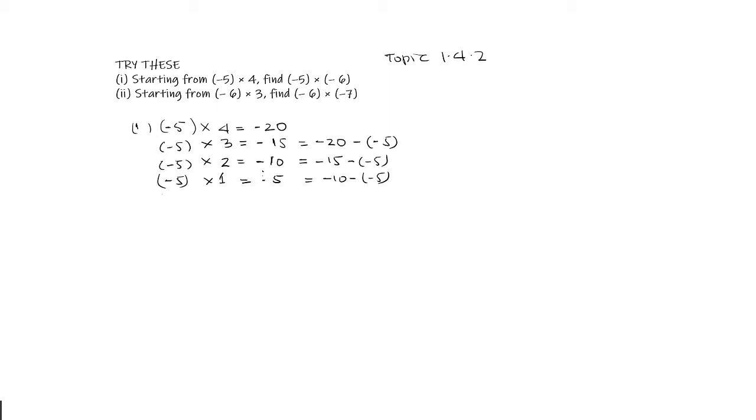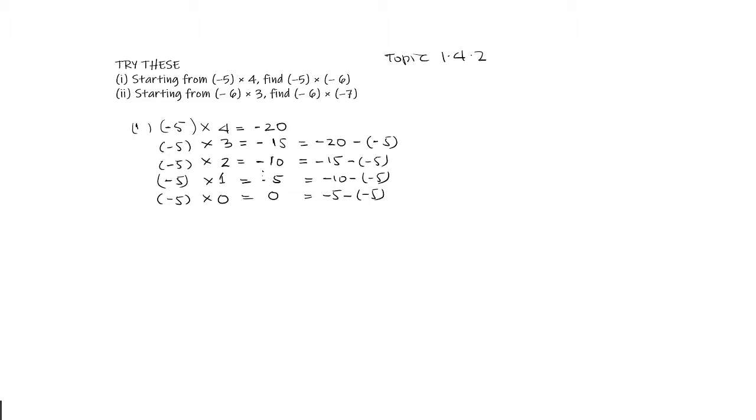Then minus 5 multiplied by 0, we are gradually reducing, so we are getting it here 0, because from here we take minus 5 and minus minus 5. So on subtracting minus 5 from minus 5 we get 0, and we are gradually reducing it with a same value, so we are going to get here 0.